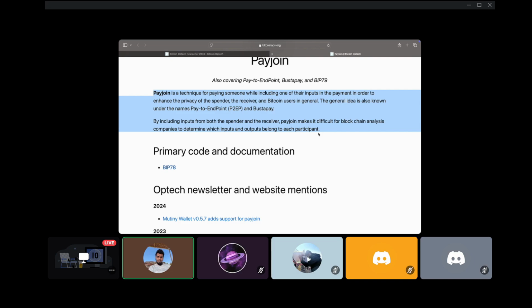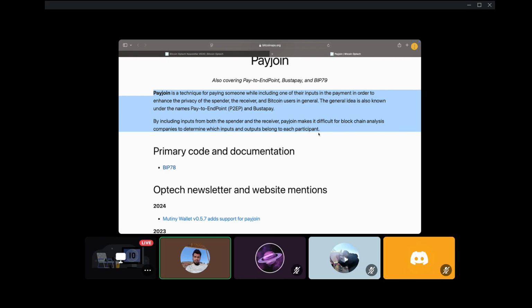So what they can do is that Alice takes, for instance, one Bitcoin and Bob takes, for instance, 0.02 Bitcoin. Now they have 1.2 Bitcoins, and the recipient might get some share of it, and the sum might go to a change address of the sender, right? So instead of the sender unilaterally creating the input, the sender and the recipient both come together to create the input of a transaction, thereby obfuscating or making it less obvious which UTXO exactly the sender owns, right? That is what Payjoin is.